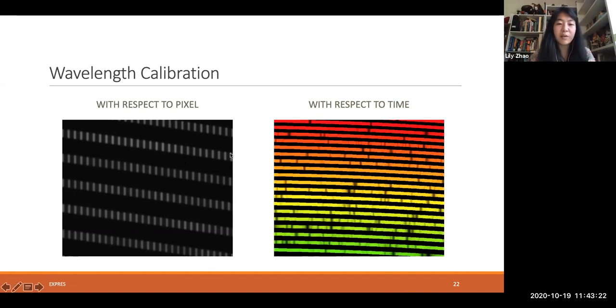And once you do that for all the pixels, you also have to interpolate this information with respect to time. Since EXPRES doesn't use a simultaneous fiber, we tend to take like 3 calibration exposures, some science exposures, and then 3 more. And so we need to take the information from the calibration exposures and map it onto the science exposures in between, so we then know what all the wavelengths of these pixels are.